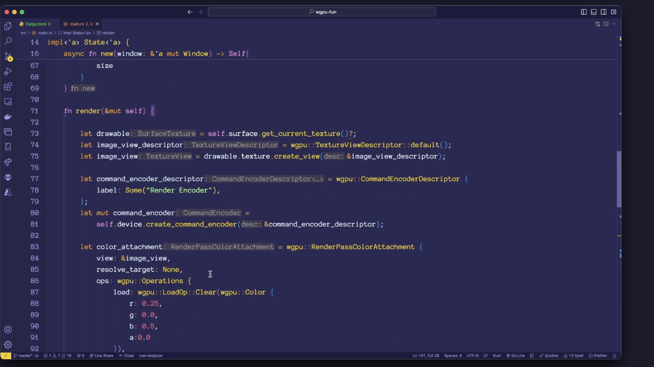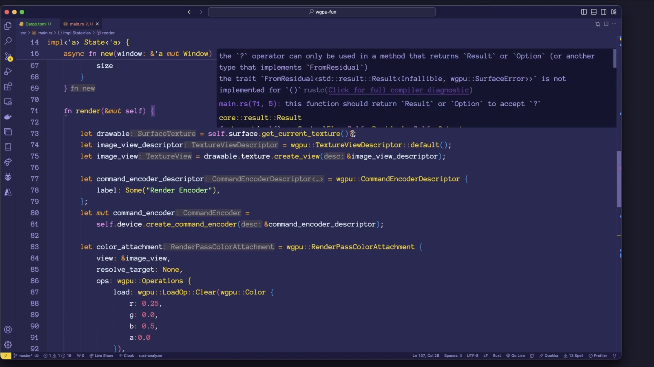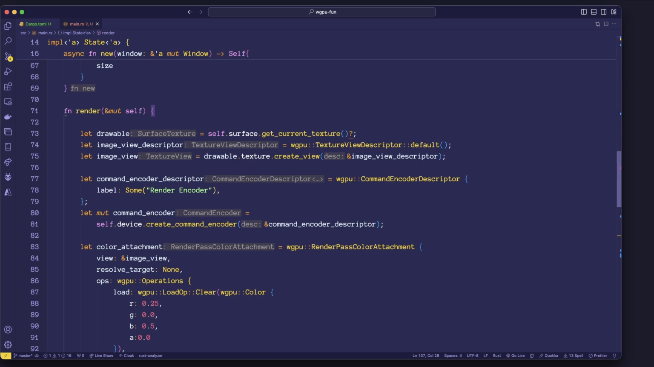WGPU is complaining and says, hey, here you attempted to get a texture to render to, but this could pass or fail. And so what we need to do is return some sort of result. Either handle it ourselves or make sure that this function returns some sort of result. And that's what I'll do here. So I'll say, okay, this is going to return